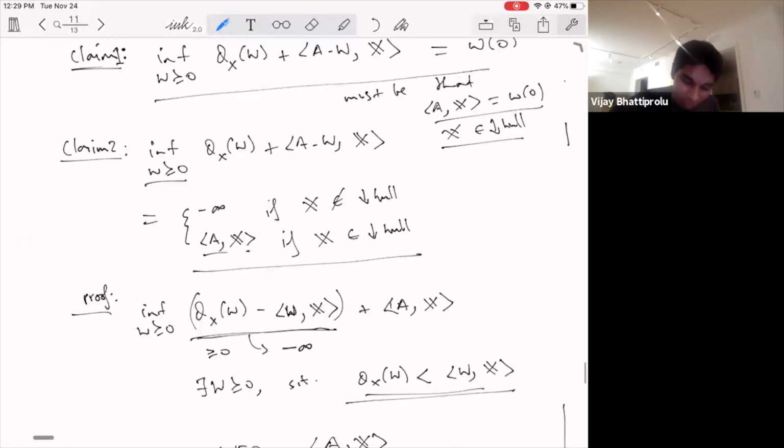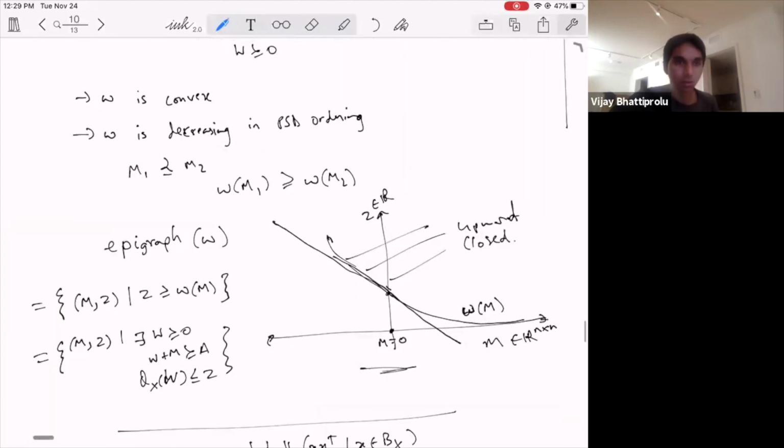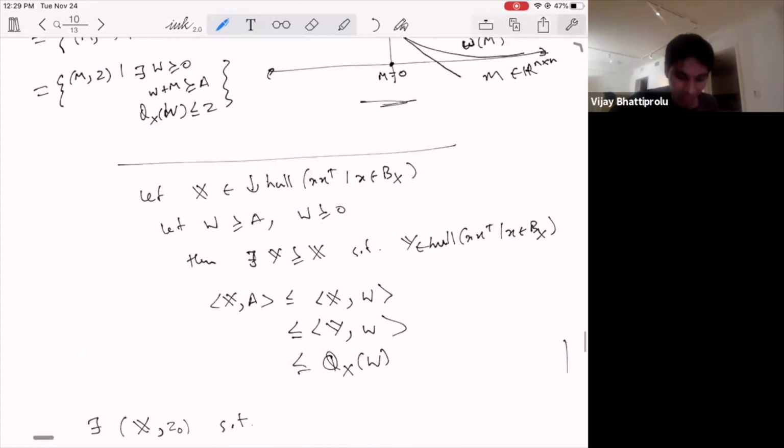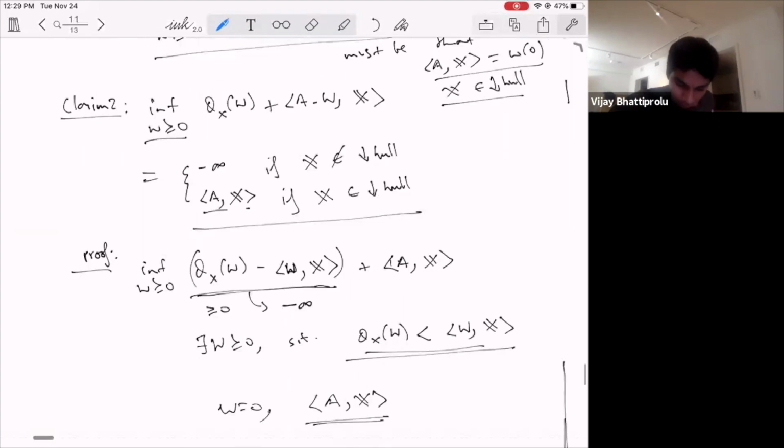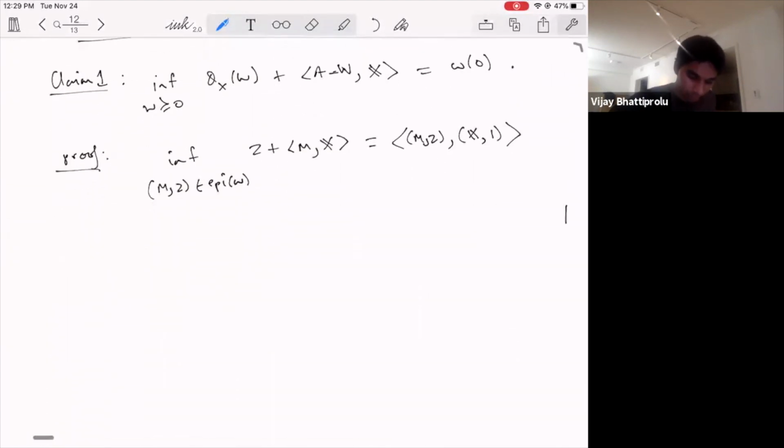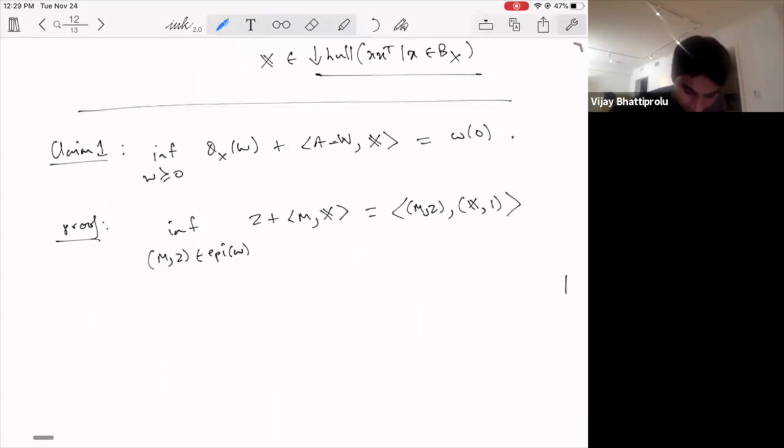Now recall, by construction, the inner product with the tangent hyperplane is minimized at this point. It is minimized at m equals 0. Just putting that out there. Anyway, so now we're minimizing the tangent hyperplane over this epigraph, and of course, this is at most the infimum